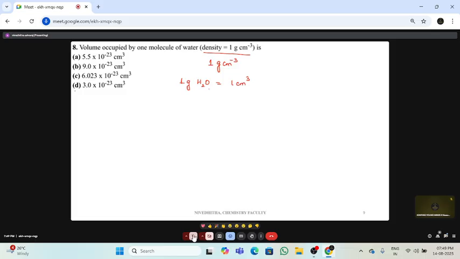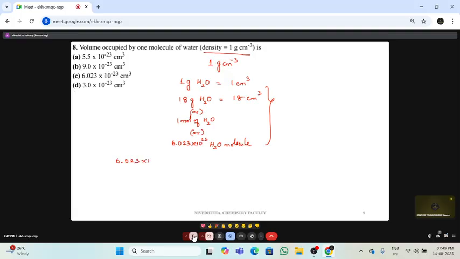See, 1 gram of water occupies 1 centimeter cube of volume. Suppose 18 gram of water occupies dash centimeter cube. 18 centimeter cube. Very good, 18 centimeter cube. 18 gram is nothing but 1 mole of water. 1 mole of water is nothing but Avogadro number, 6.023 into 10 power 23 water molecules. Right? So from this what we can infer is